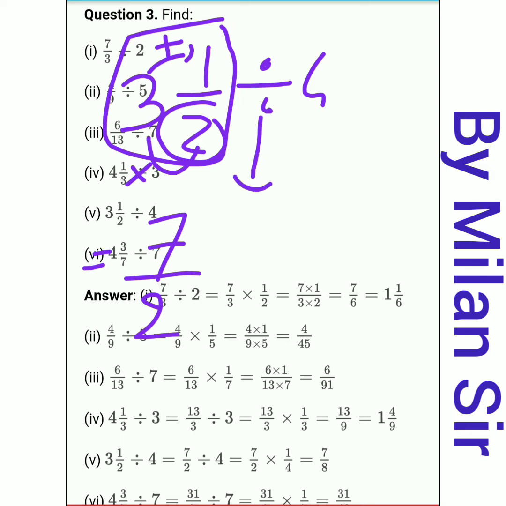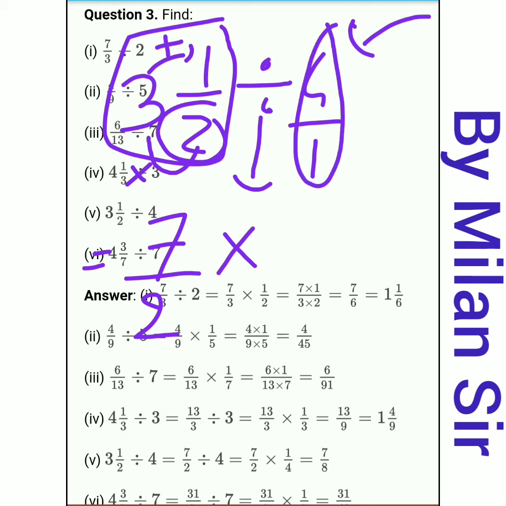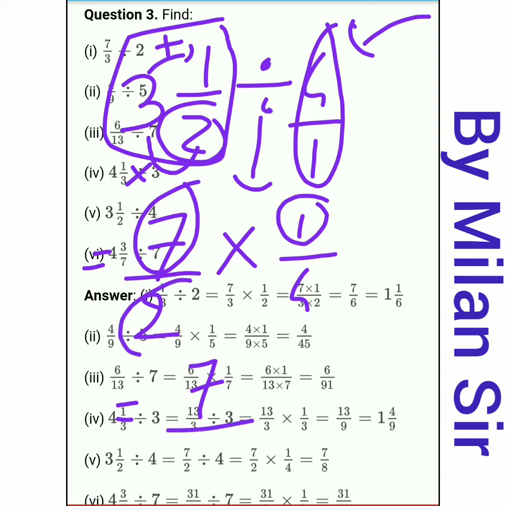Now division becomes multiplication and we need to take the reciprocal of the second number. Before that, here nothing is present in the denominator, so we can write 1. 4 by 1. Now we need to take the reciprocal of 4 by 1. It is 1 by 4. Now here we cannot cut anything, so directly multiplication: numerator 7 multiply 1, 7, and denominator 2 multiply 4, 8, so 7 by 8. So this is our answer, 7 by 8.